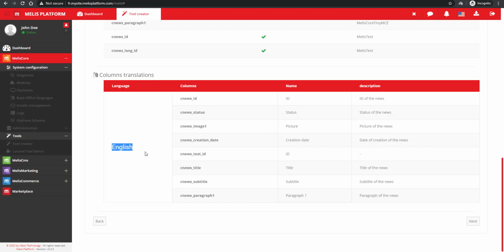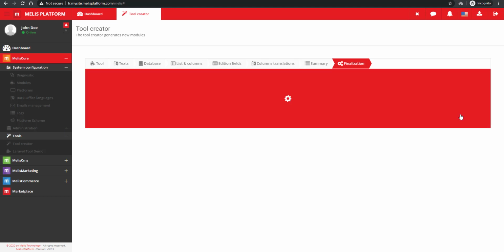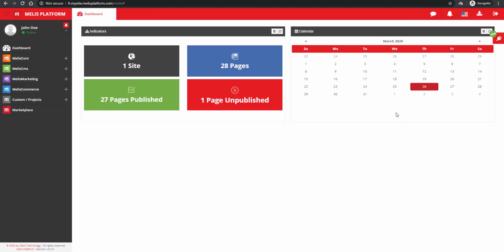So far I did just English. If I did French, it would be below, and that's it. Next. And then to finalize, here activate the tool after creation, yes, and just finish and create the tool. And now the platform is reloaded, and so I can see a new section here, custom project, and if I extend